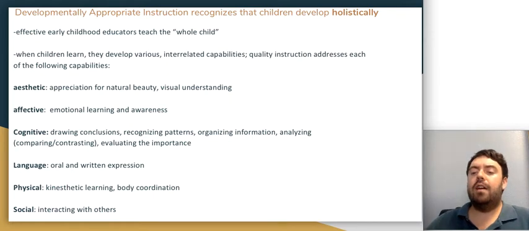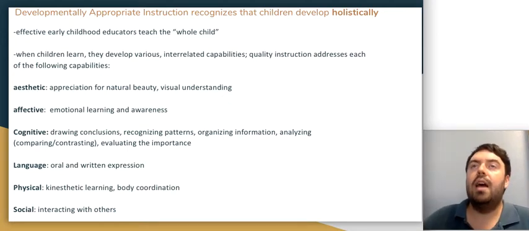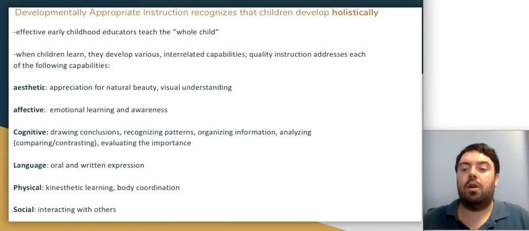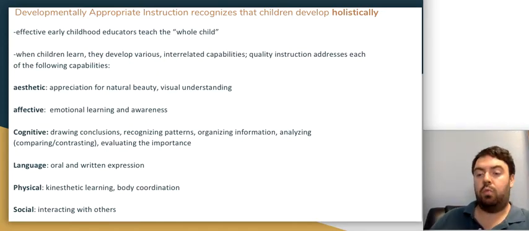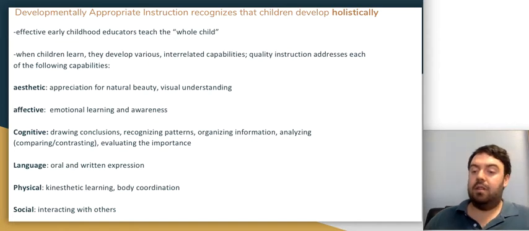Furthermore, effective early childhood instruction that's developmentally appropriate also addresses the cognitive development of students. So when we develop students' cognitive abilities, we're teaching students how to make conclusions, how to analyze, compare and contrast, or see the relationship between 2 different pieces of information, how to organize information, and also how to evaluate the relative importance of information, which is more important, to develop an opinion as well, and to justify that opinion